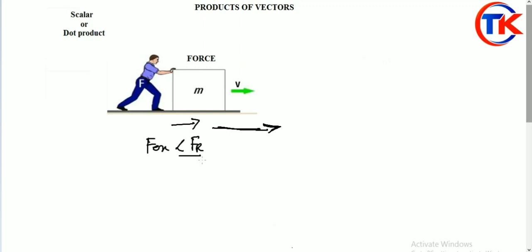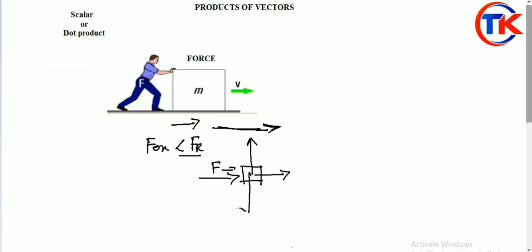What I am trying to convey is that you are concentrating only on magnitude, not direction, because you know if you apply more force than the restoring force, definitely the block will move along your direction. That is the only possibility, right? What I am saying means if you apply force in this direction, the block will move along the direction of the force. If you apply greater than the restoring force, the block will not move in any other direction than the one in which you are applying the force.